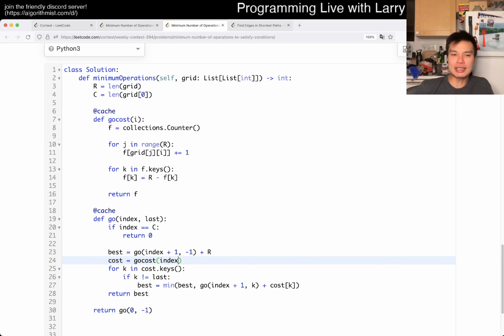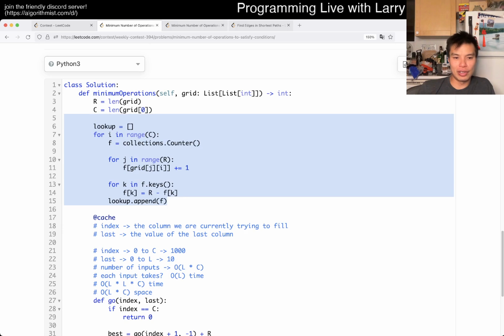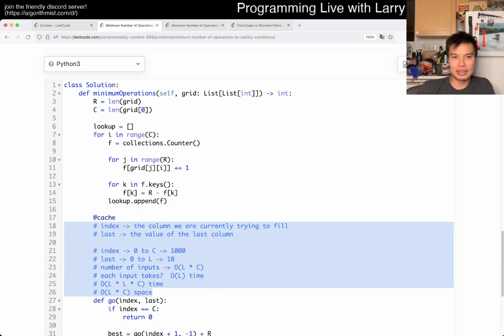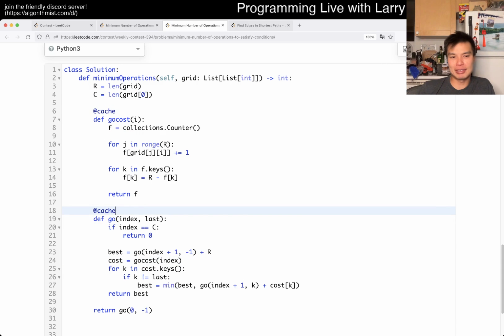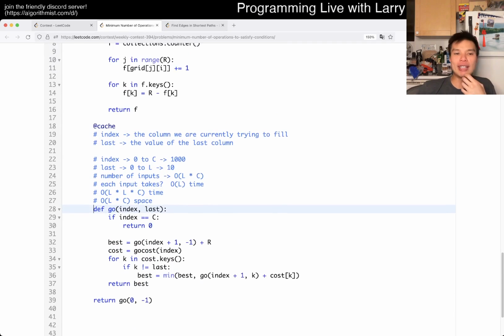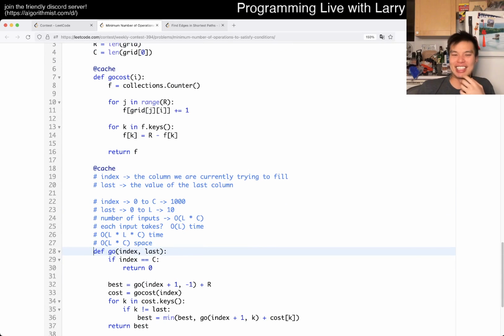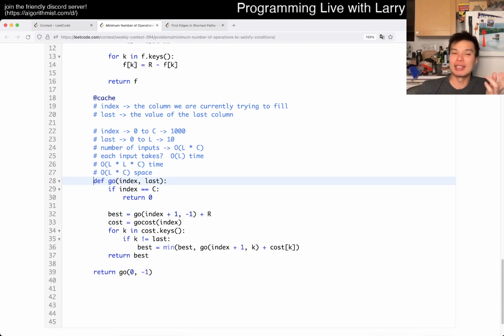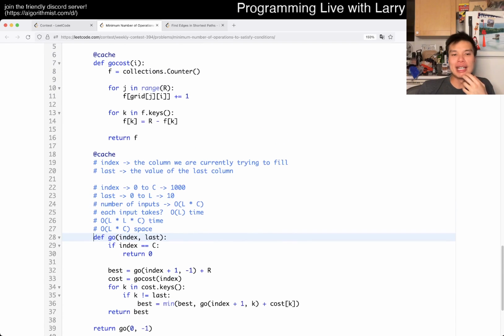So okay, this is, as I say, the L times C solution. Can you do better? The answer is yes. Well, one is, and I'm not going to do this because I'm just lazy and tired, I'm not going to lie, but try to do this at home. Is that